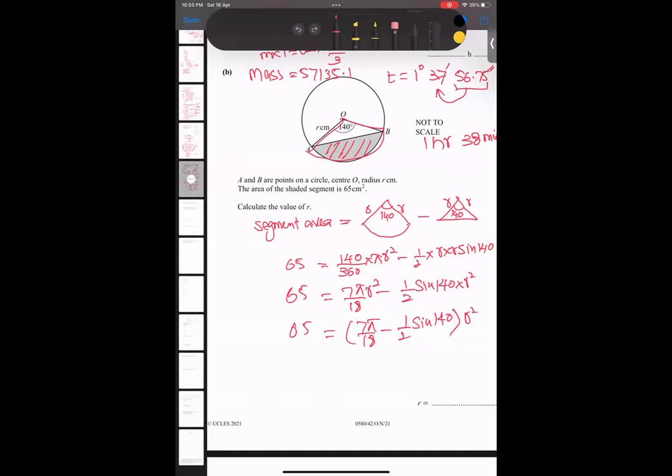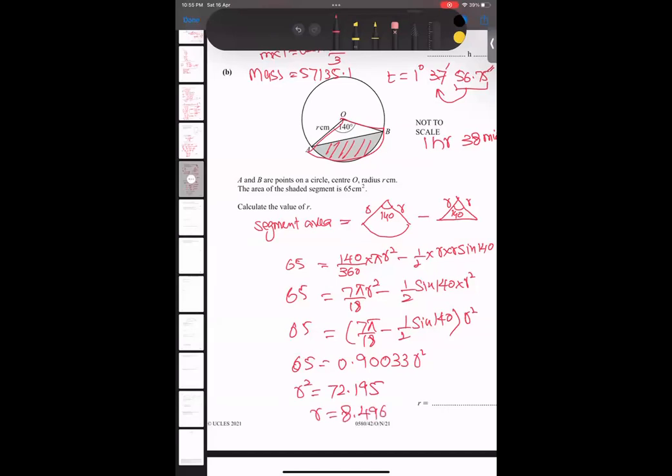Or I just type first 7 times pi divided by 18 minus half times sine 140. And this comes 0.90033 r square. So it means 65 divided by this answer. I'm getting r square equal to 72.195. Take the root, and I got the radius